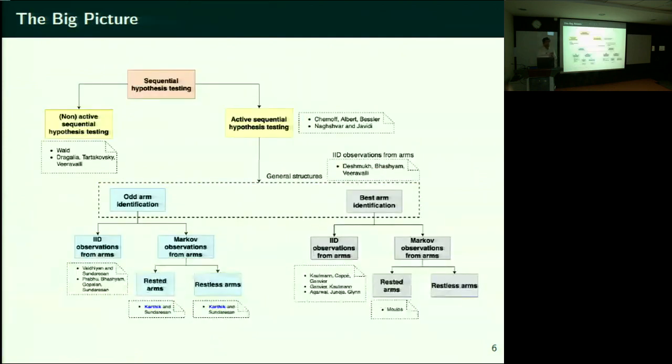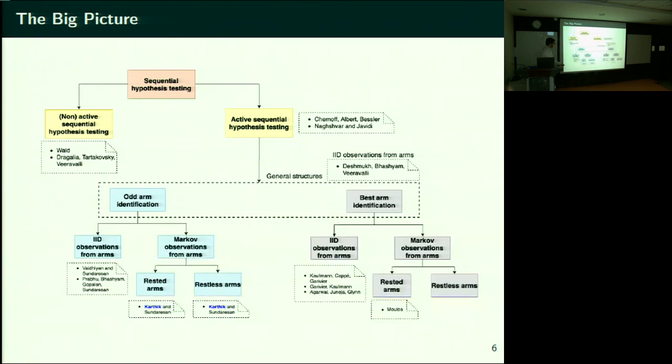Just to give you a big picture of where we stand, all of these problems come under the purview of what is called sequential hypothesis testing. Sequential hypothesis testing just means you want to identify a certain true hypothesis. For doing that, you have to collect observations. But I don't give you all the observations up front. You ask me whenever you want an observation. If you ask me for one observation, I'm going to give you. That way you can actually optimize the total number of observations you take on an average. So in this broad framework, we actually sit at the bottom of the table.